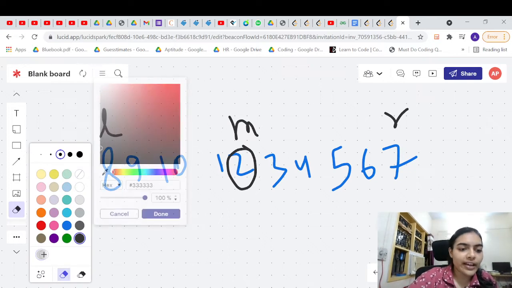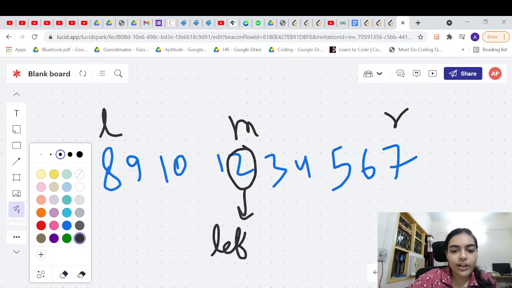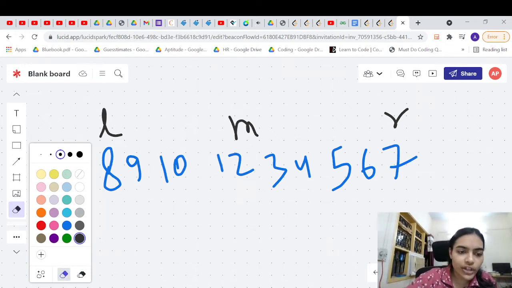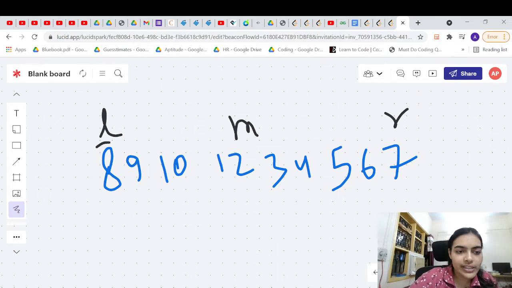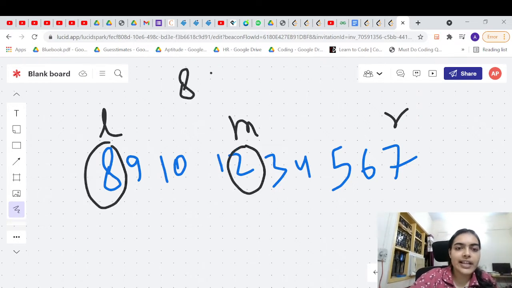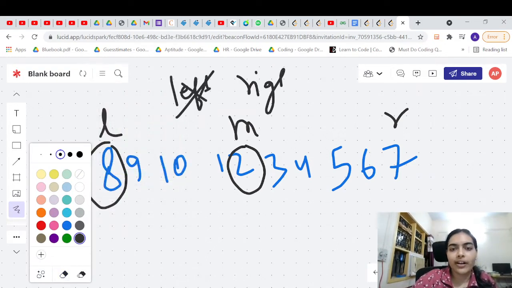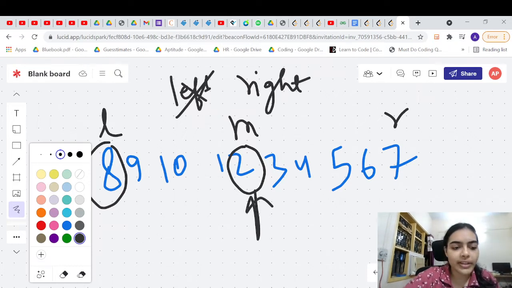So then you will check, is the mid left sorted or right sorted, because all elements are either left or right sorted. Okay, so first we will check this. So let us see, how will you check that? You will simply check whether 8 is less than or equal to 2 is true or not. So it is false, right? This is false, so it is not left sorted. So this array is not left sorted, so it has to be right sorted, right?